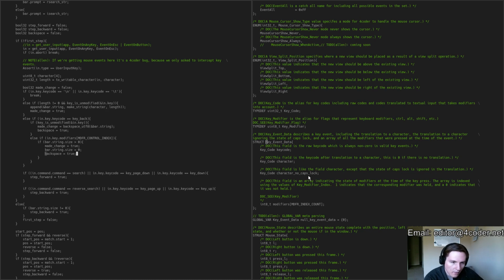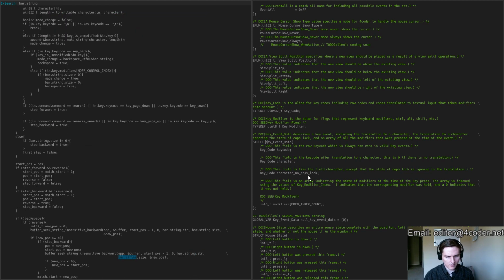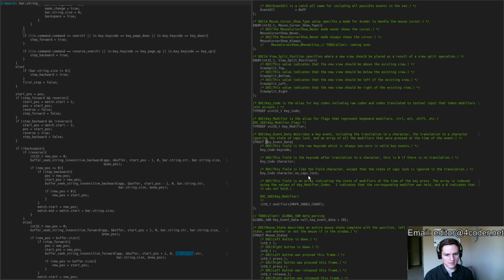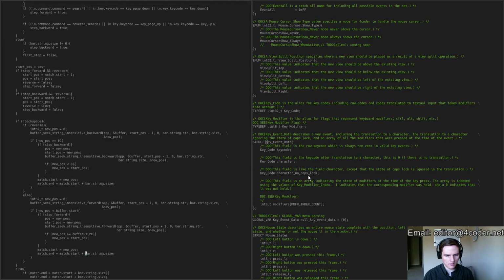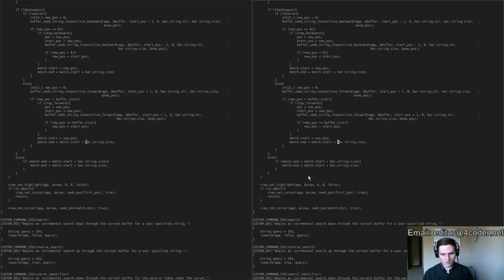Alright, so that should let me do a full wipeout of that if there is text there that I don't want, but I still want to be able to... so down here is where it actually does searches based on that. Okay, so what we're going to do is